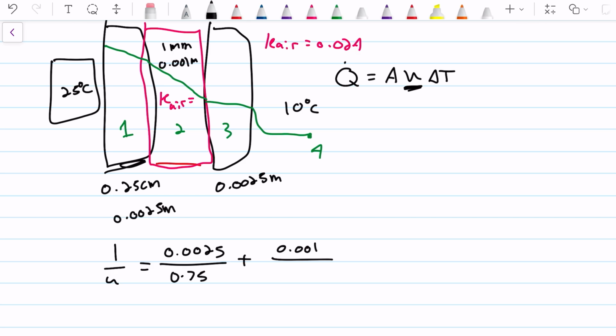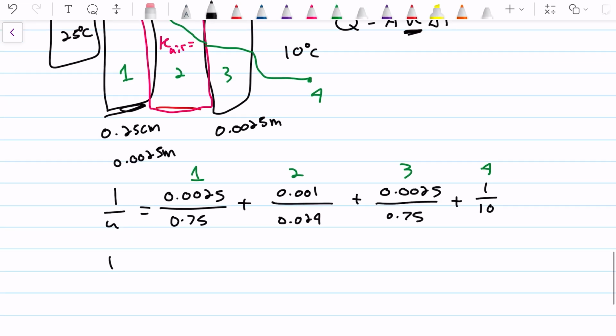We'll go ahead and throw that in there. And then we have another glass. And then we have our ambient portion, which they gave us a heat transfer coefficient of 10, so 1 over 10. If you can kind of follow here, this was 1, this was 2, this was 3, and then 4. So 1 over U is going to be equal to,